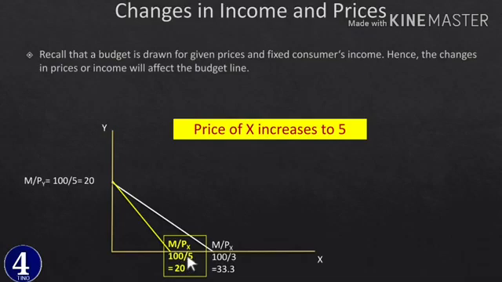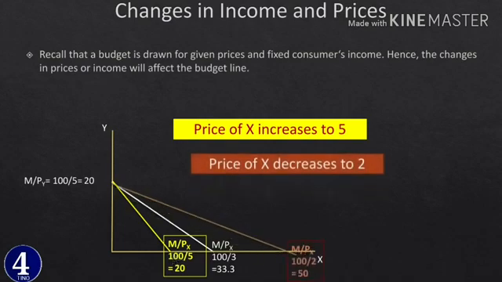So 100 divided by the new price which is 5 ነው ስናካፍል 20 ነው። ይሄ የሚያሳየን ምንድነው፣ because of the price increment in x ስለጨመረ the amount of commodity x that we can purchase now has decreased ብለን conclude እናደርጋለን ማለት ነው። So let us continue to the other scenario of a change in price